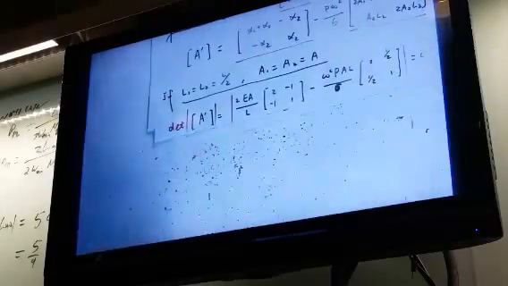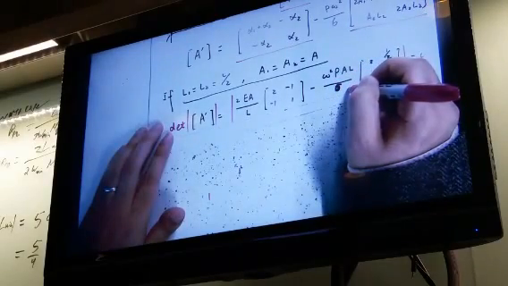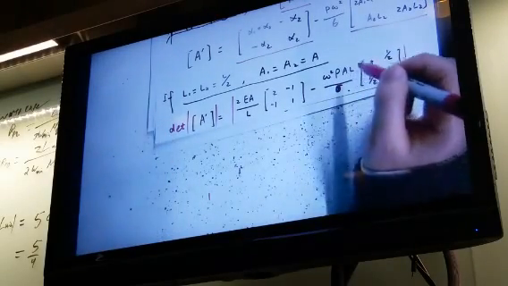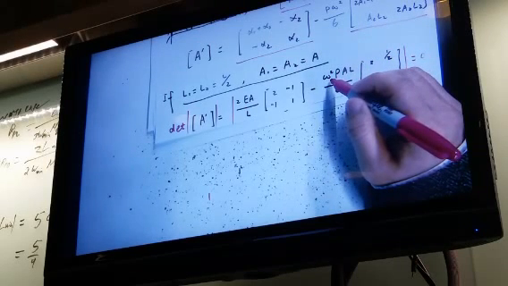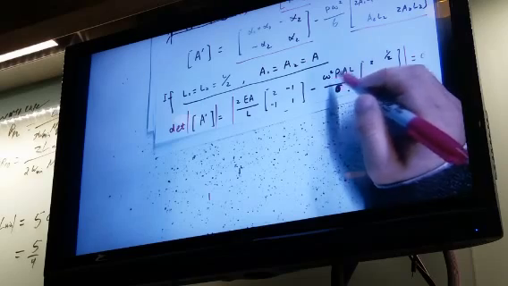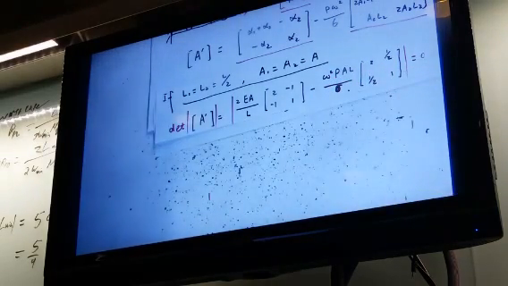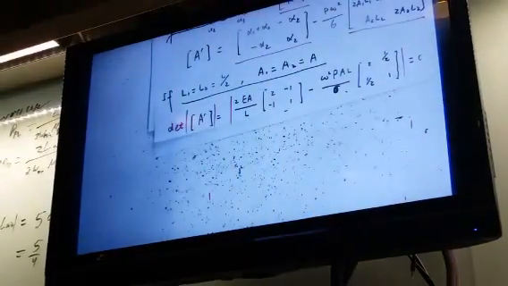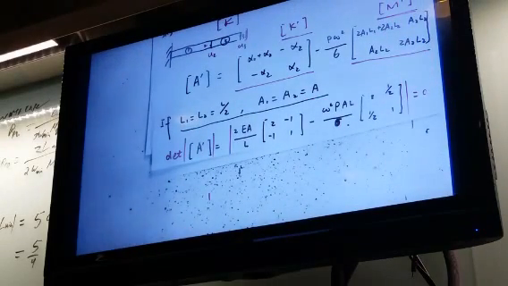Okay? So this is a hand calculation of natural frequency, and according to the natural frequency, you can determine the so-called eigenmodes. When you get omega 1 and omega 2, just substitute the values omega 1 and omega 2 back into this matrix and solve for the relation between U2 and U3. For this one, you will have U2 and U3. The relation between U2 and U3 is the so-called eigenmode. So this is a